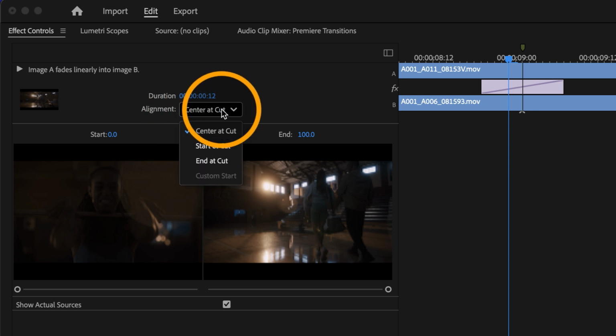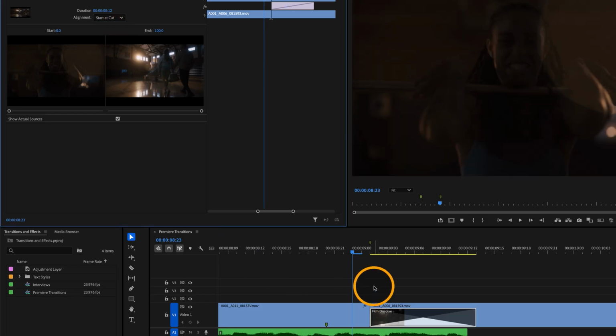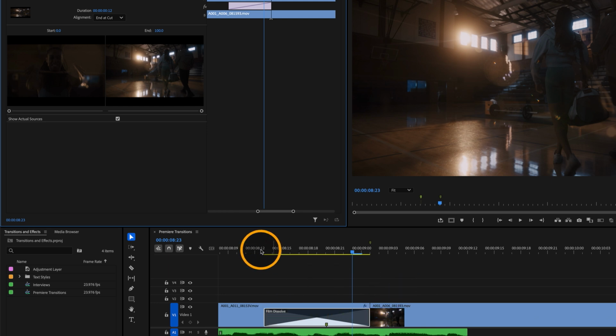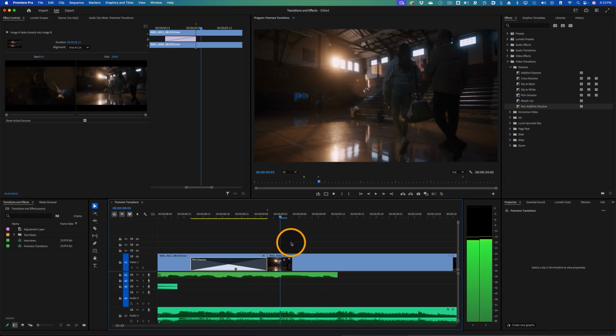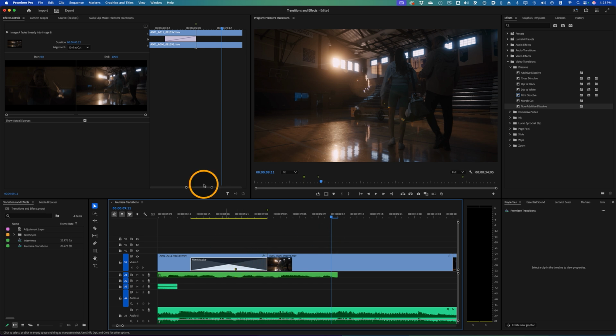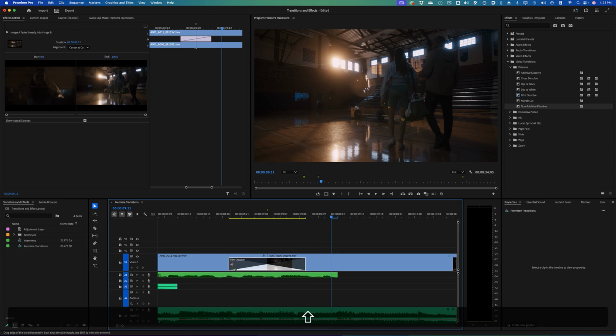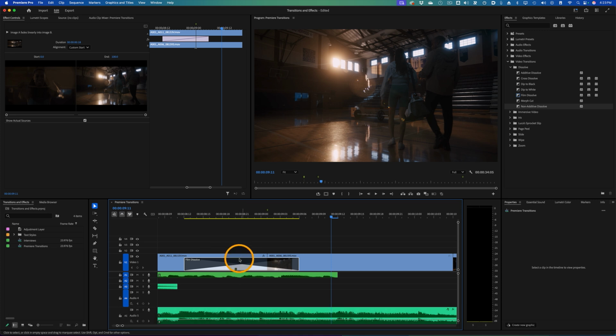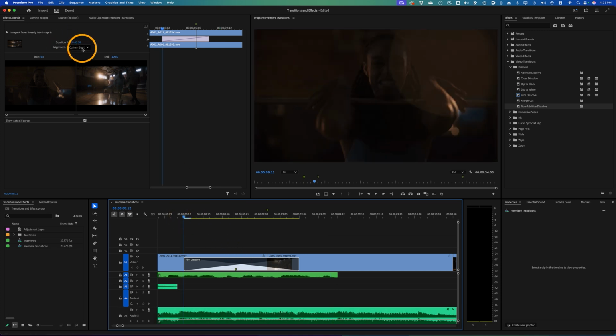Now up here in effects controls, you can actually tell that to start at the cut, and that will shift the start point of that film dissolve to the head of this clip, or I can change that to be at the end of the outgoing clip in front of it, which will basically fade it out, and then it will be a hard cut to the incoming shot. You can also change the alignment so it's not perfectly centered and shrink one side or the other. If you hold down the shift key when you pull on the sides, see, I can just pull the left side of this, so it's going to dissolve longer on the outgoing clip, for example, and not dissolve over too much of the incoming clip. So the alignment is off center at that point, and you can see the alignment is set to custom start